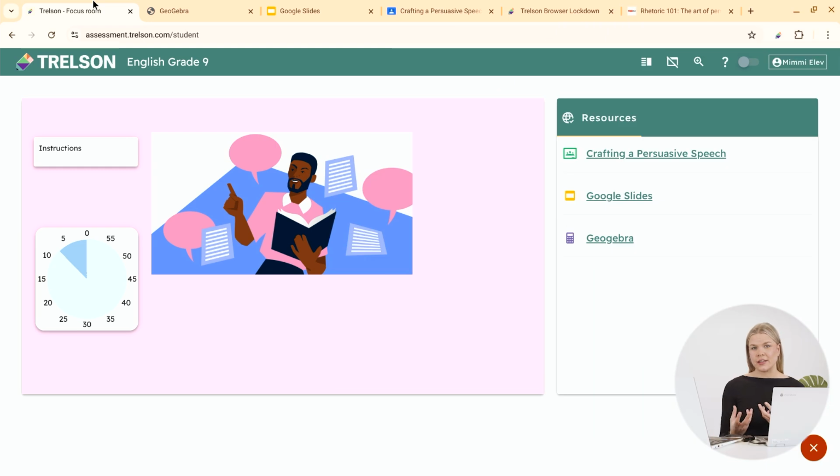So in this case, the student is not conducting the exam or assignment inside Trellson's writing space or answering Trellson form questions. You're working with regular tools such as Google Drive, Google Docs, Google Sheets, etc., or other websites, videos, educational videos, whatever it might be, but without the digital distractions that come with Chromebooks. So the idea here is to be inside this focus room for as long as the student is working with this classroom assignment. But when it's time to leave, they can click on this little X button.